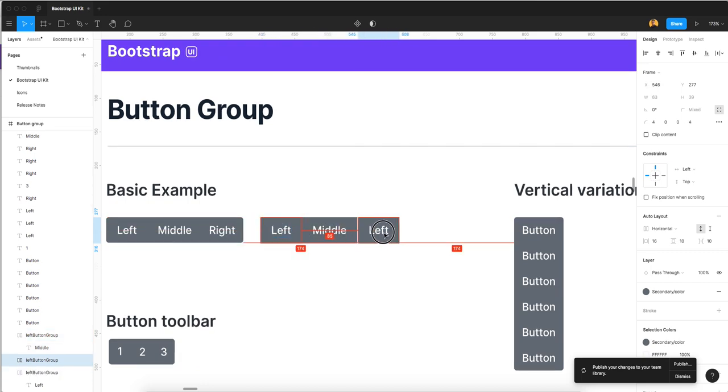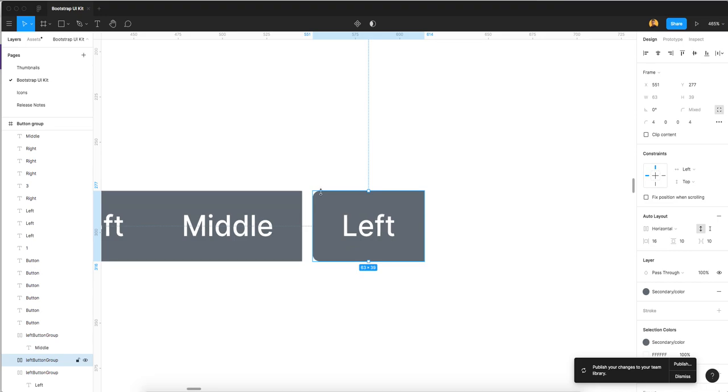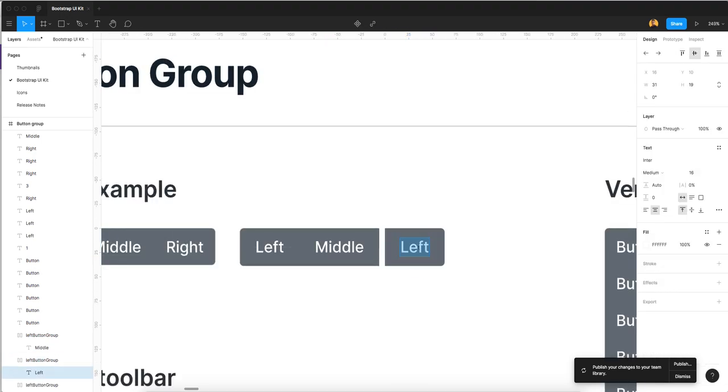Now again I duplicate it. Okay, now you will find here there is left side radius. We now need the right side. Now I am going to set 0 and 4, the same radius we are using for all. Okay, now I need to change it to right. Okay, see,